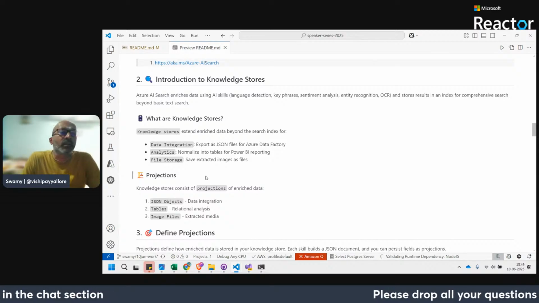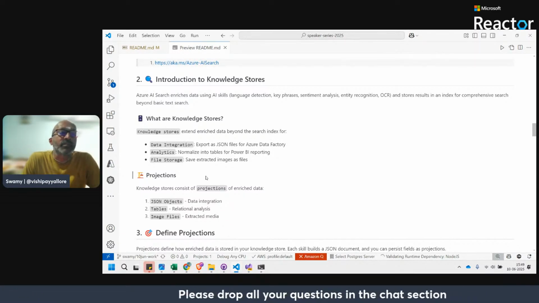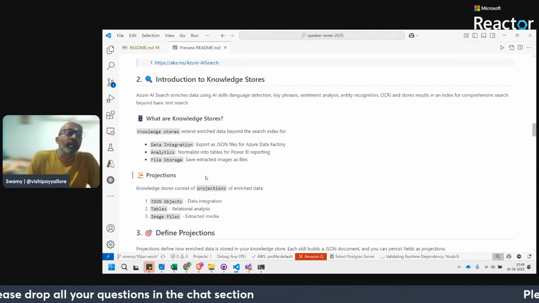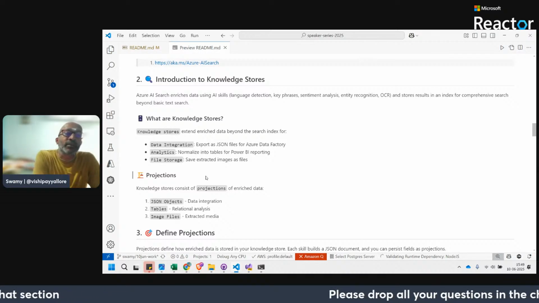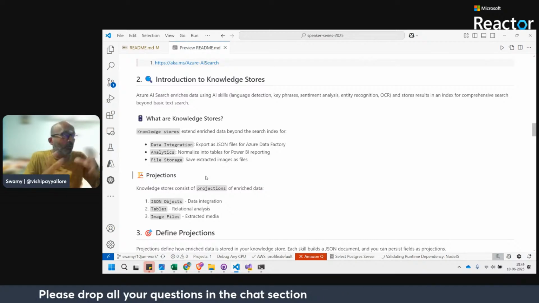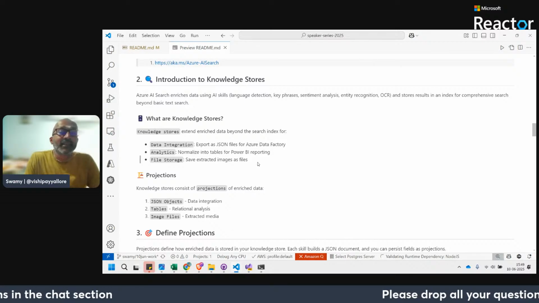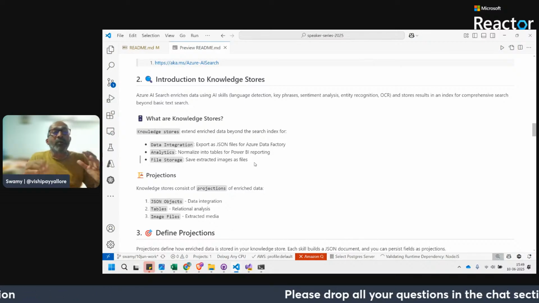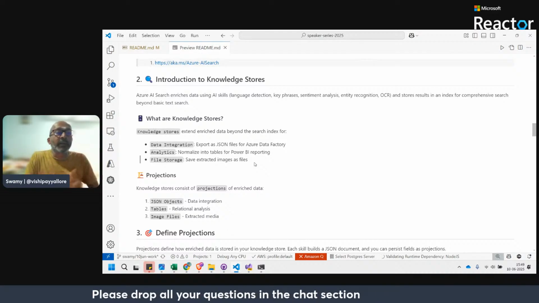Now, the knowledge store. What is this knowledge store? It extends enriched data beyond search. What happens is we can use this data integration where the exported JSONs can be given to Azure Data Factory, and can be used for analytics or files. We'll see each and everything, how the knowledge store can store these things in a tabular form, in a JSON format, or in a file format.